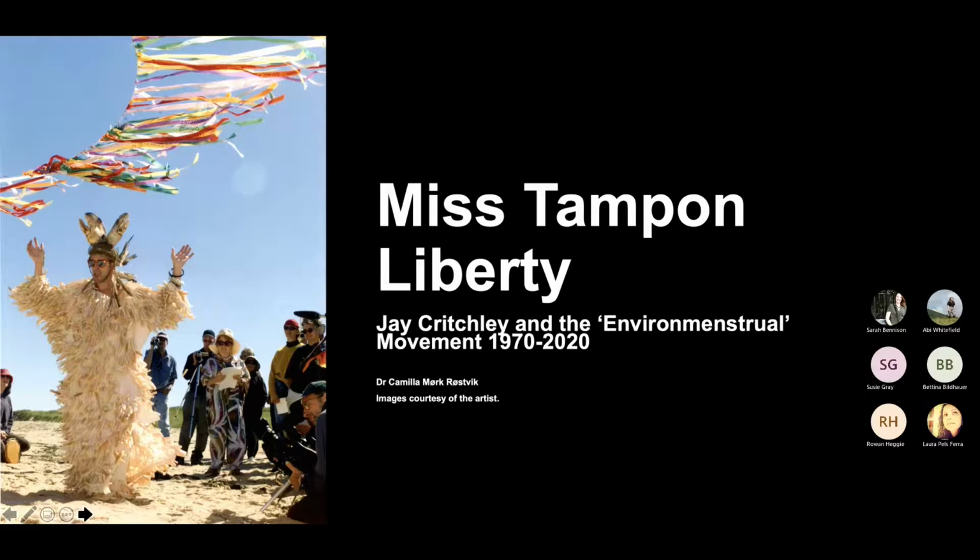It also positions the work of the artist in this larger environmenstrual movement that I mentioned, which I'm hoping to do more work on, and which was first examined by the scholar Chris Bobel in her work about menstrual activism called New Blood, Third Wave Feminism and the Politics of Menstruation. So in that book, she points out that there was an activist movement interested in protesting against single-use plastic around the time and slightly before the occurrence of toxic shock syndrome as well. But Bobel's book is situated in only parts of the North American continent, and does not take a wider artistic or